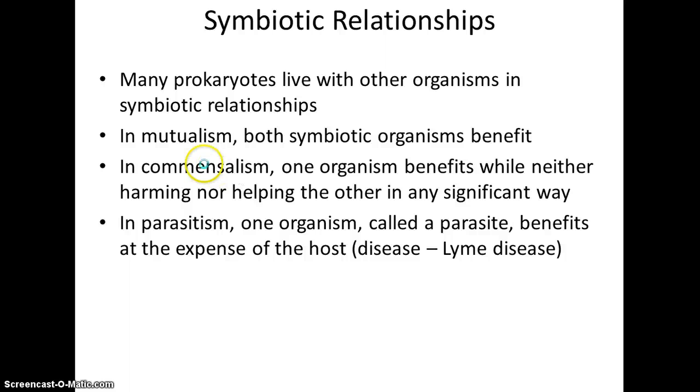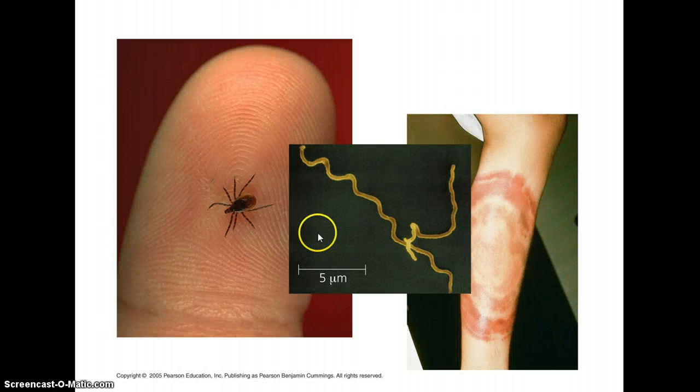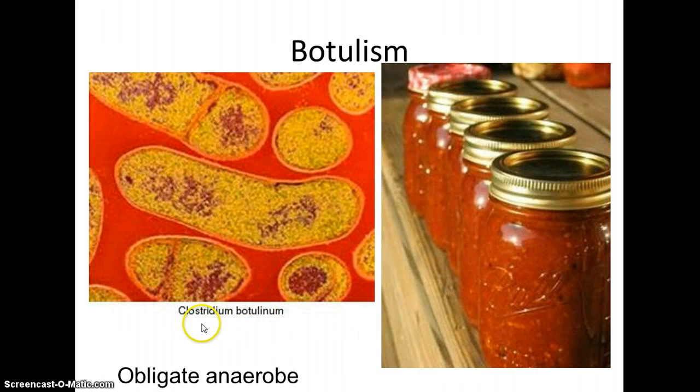All right, back to parasitism or diseases, there's Lyme disease. It's transmitted by ticks, and so ticks essentially are the vector to get the bacterium into a host. In this case, the bacterium is gaining nutrients from the host and completing part of its life cycle in the host. Other times we have bacteria, like Clostridium botulinum, which really has no desire to be in us.